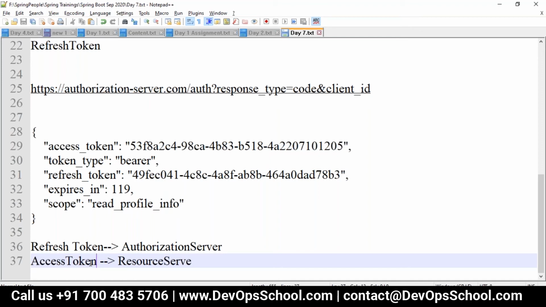You can revoke your refresh token, but you can't revoke your access token. Basically, we have reduced attack surfaces, and to reduce the attack surface we go with refresh tokens.